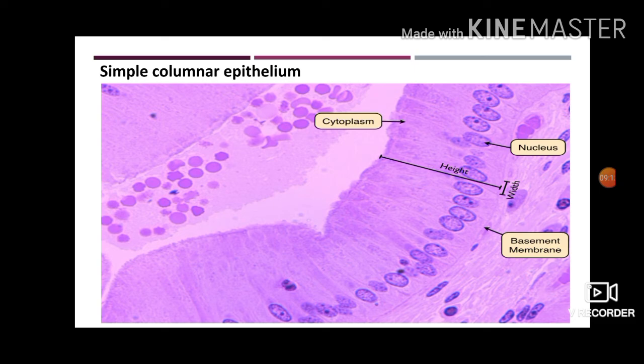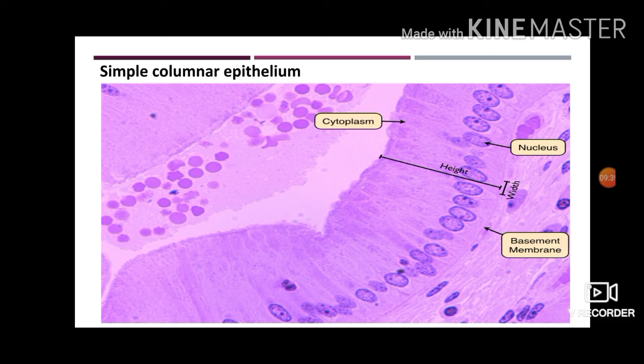Also they are present in the stomach. What is the function inside the stomach, dear students? We know that the stomach secretes acids, digestive enzymes and mucus. So all this secretion is done by which tissue? Done by simple columnar epithelium tissue. So, dear students, this is the main location and function of the columnar epithelium.